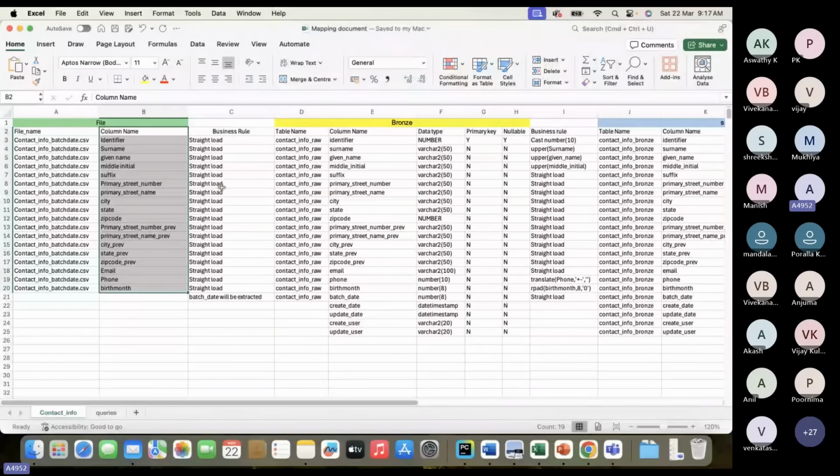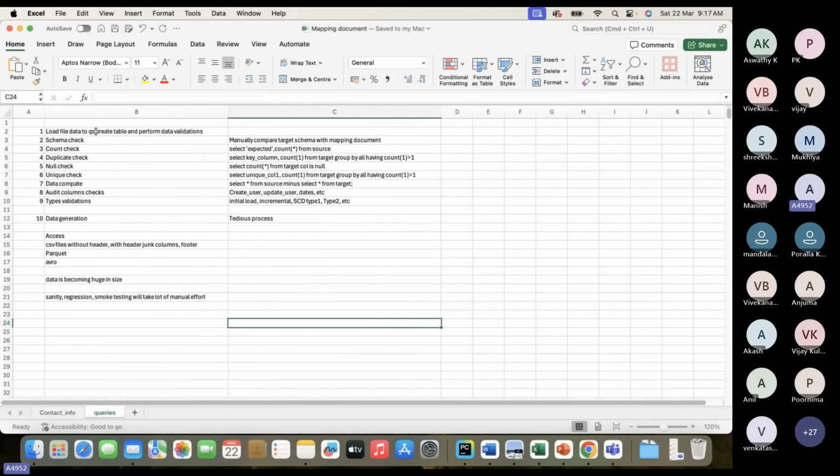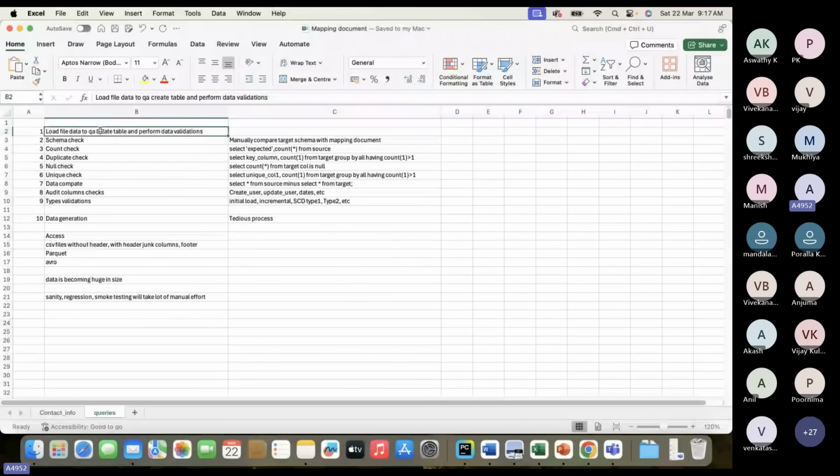So what are the challenges that we currently face? If you want to validate file versus DB, it is very difficult, right? How we normally do it, and there might be several approaches, is what I normally do: I load this file to a QA created table. First, we insert the file data to the QA created table, and then we start comparing the QA created table with the actual table. This is one of the approaches. The second approach is we can upload the target table data to a CSV file, and then by using CSV macros or Excel macros, we can compare the two files' data and say whether data is matching or not matching.